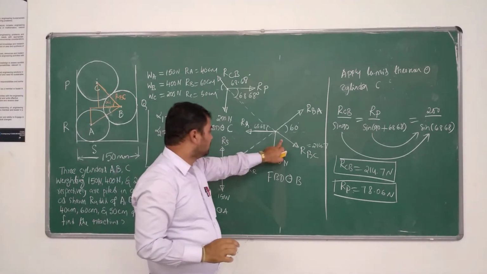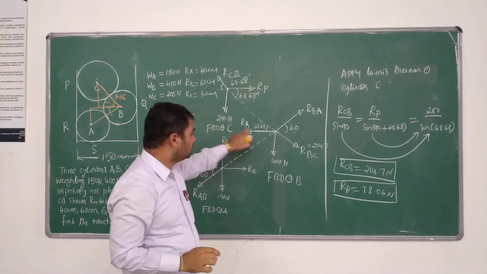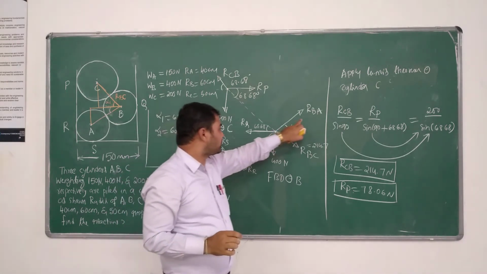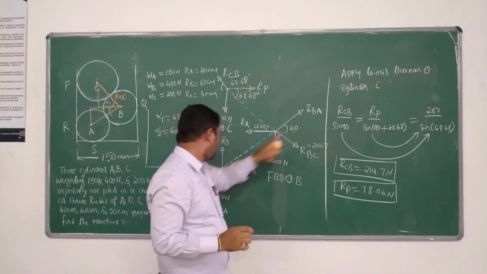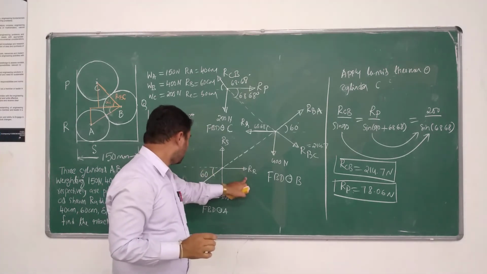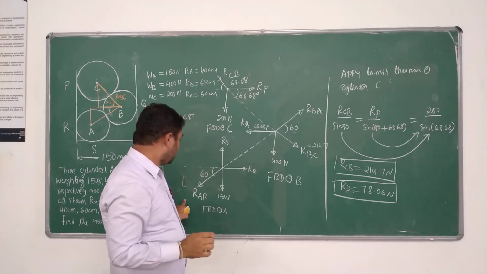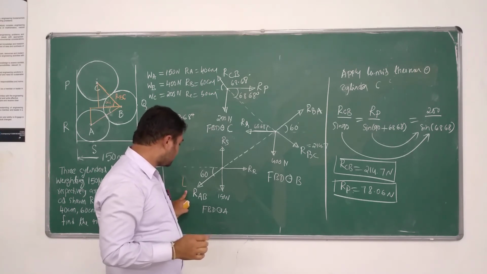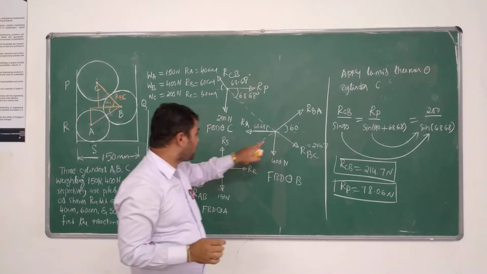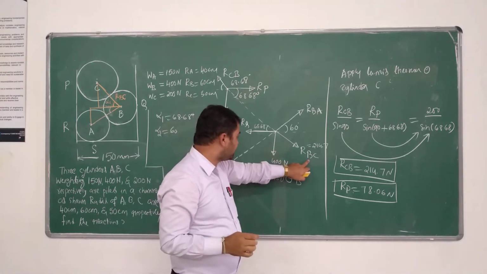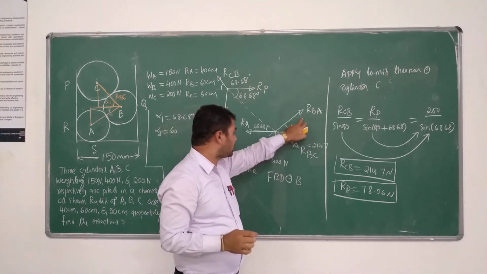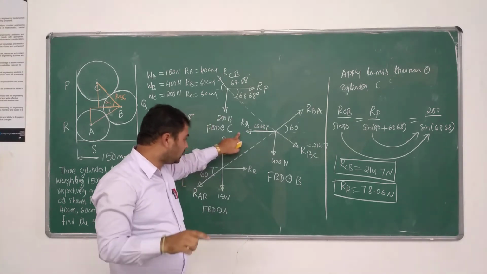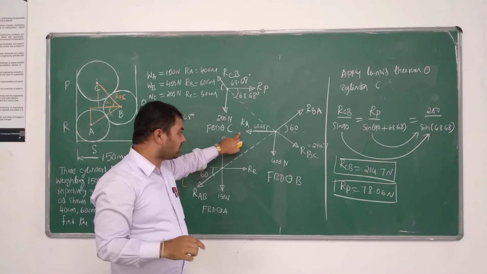Next, calculate the value of RQ and RBA. We should start from this free body diagram, because if you come here, RS, RR and RAB, there are three unknowns. We cannot solve this. We cannot find out reactions at this point because there are three unknowns. Here we have only two unknowns. We know RBC, so the remaining unknowns are RBA and RQ. Therefore, next go to the cylinder B to find out the unknowns.